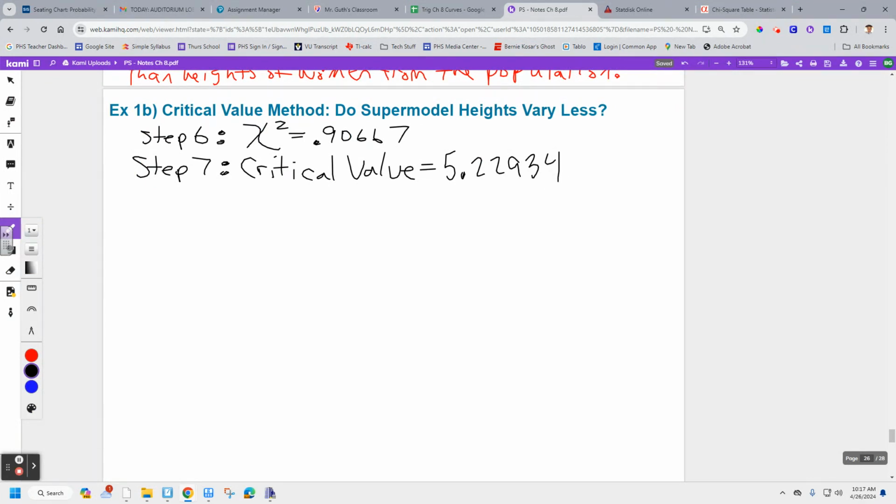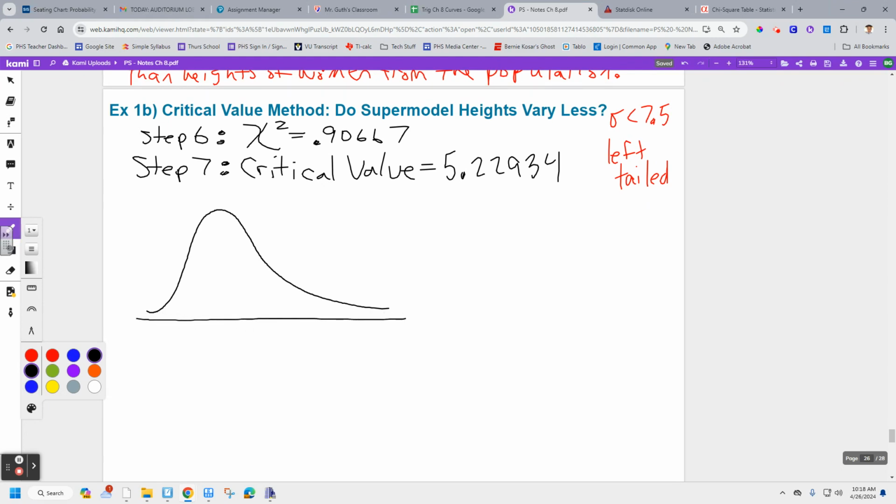And this feels a little bit different than some of the problems we've done this way in the past. We were testing this statement, which tells me that the picture is left-tailed. So let's look at what this looks like. When we draw this picture, it's not symmetrical. It's kind of hard to draw it not symmetrical. I'm not very good at that. But 0 is not in the middle. The mean is not 0. 0 is actually over here,